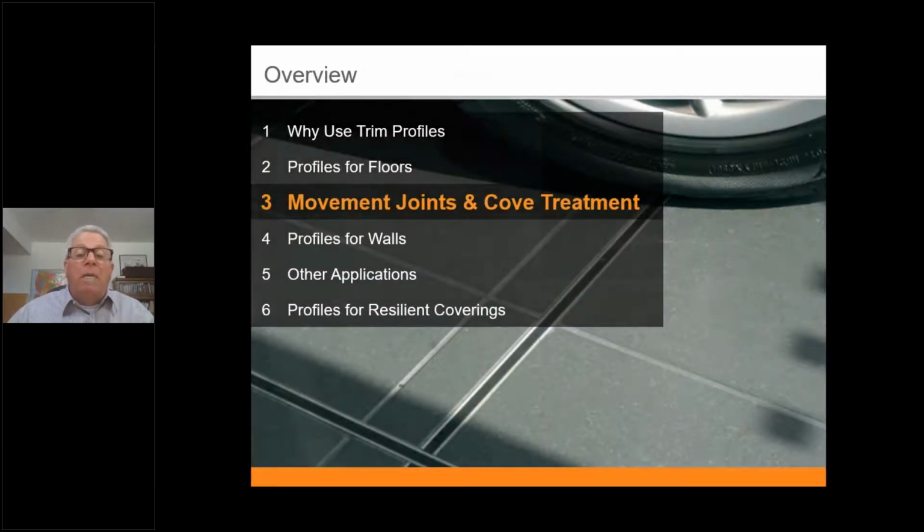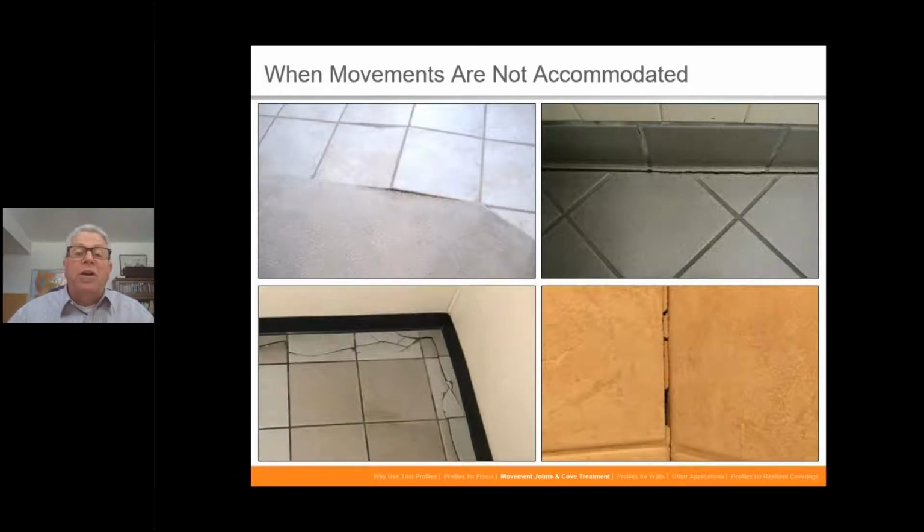There are movement joints that are just movement joints. There are other ones that are just cove, and then we have ones that are both cove and movement. So we're going to go through all of those. You can see from the photographs here,